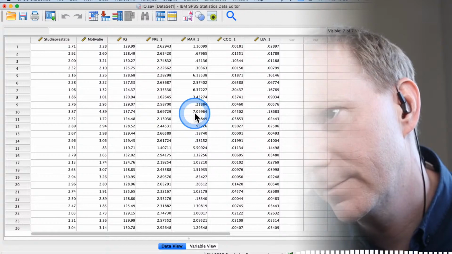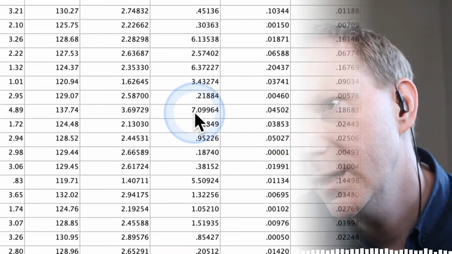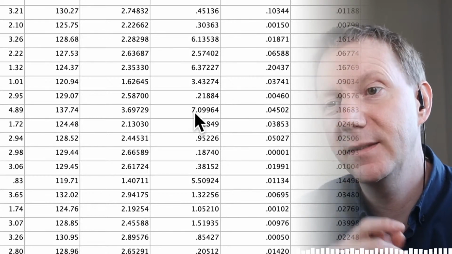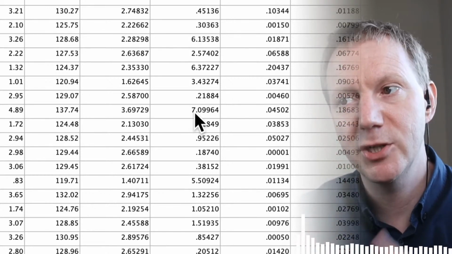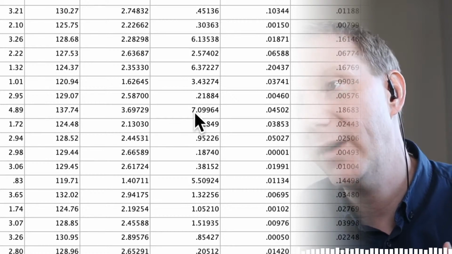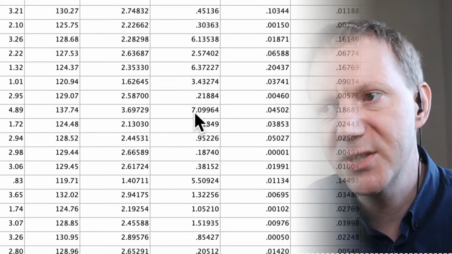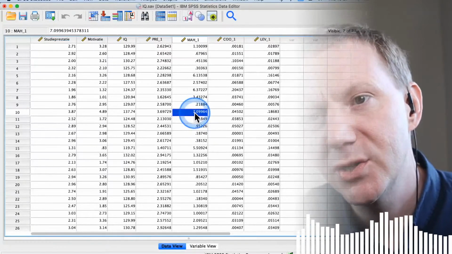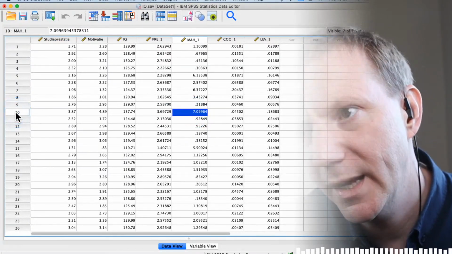This one is the 7. So by looking at the diagnostic information and determining based on the threshold if there is a problem, I can go into my data set, find out which person causes the problem. So it's this one, and then I can take measures and take this one out of the data set,